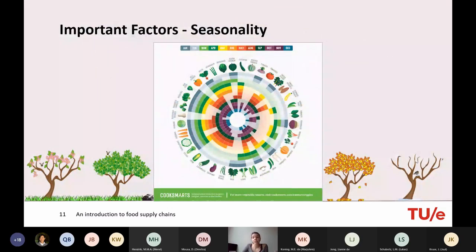Another important factor to take into account is seasonality. So while we can't grow products anywhere, we also can't grow them at just any time. Again, we can push these boundaries a little bit by growing things in greenhouses, but it's not necessarily feasible to grow everything in greenhouses. And again, there are sustainability considerations if we're just heating a greenhouse in winter to 30 degrees just because we want to have strawberries or so on.